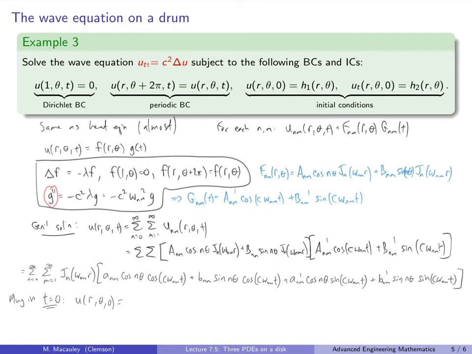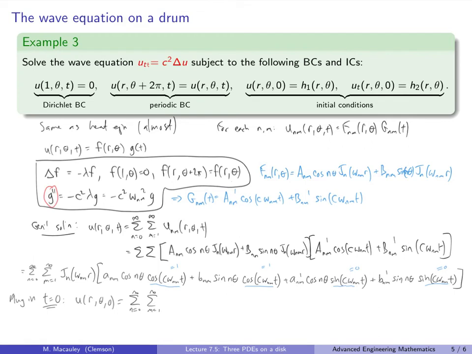And now what happens? When we plug in t equals 0, this term here becomes a 1. So these cosines become a 1. That's why I grouped them like this. And then these sines become zeros, and so those terms just go away. So look what we get: the sum from n equals 0 to infinity and m equals 1 to infinity of,